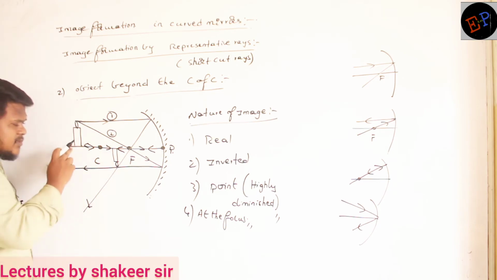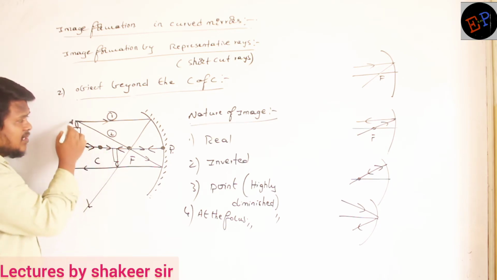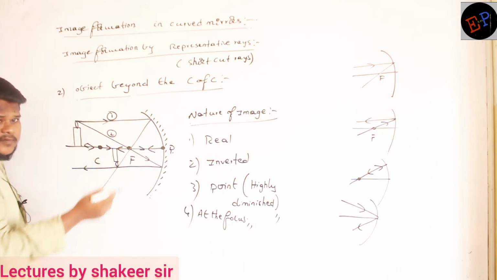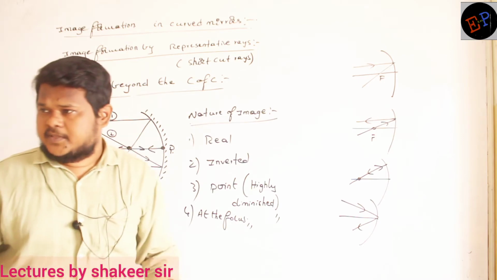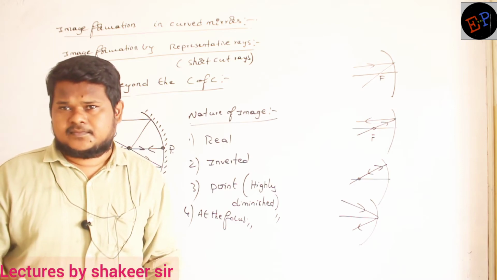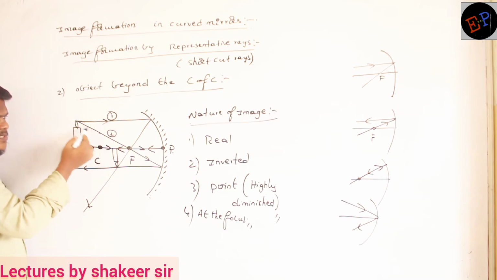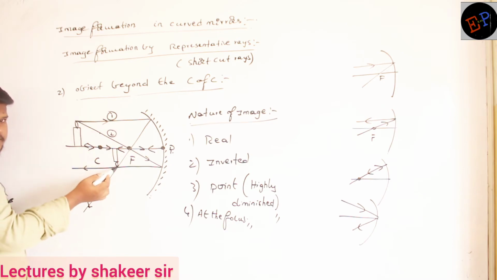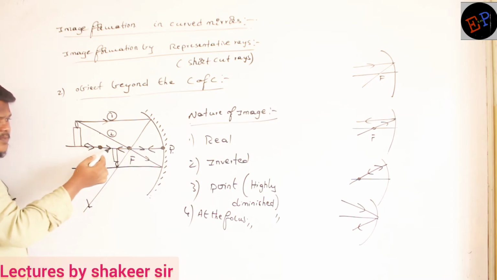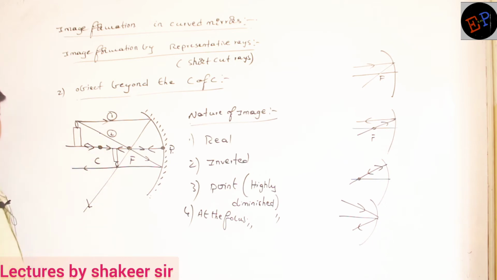Okay. It means the base is present on the principal axis, and the head is present here. So definitely it is an inverted image, no? What kind of image? Inverted image. Inverted image enduku arthamavutunda? These are the two light rays coming from the top. They are meeting here. It means the top of the image is created here. The light ray passing through the base is again present on the same principal axis. So the base is present here. So this is the image which is created.